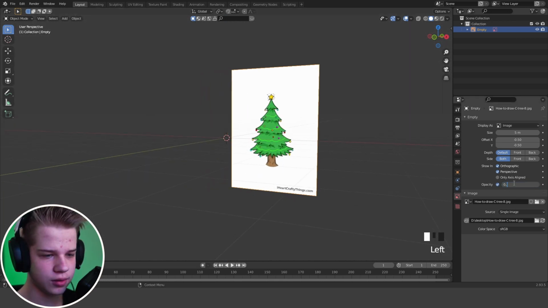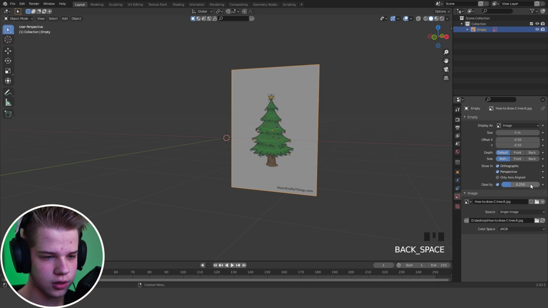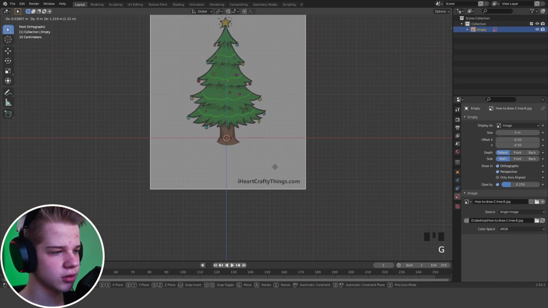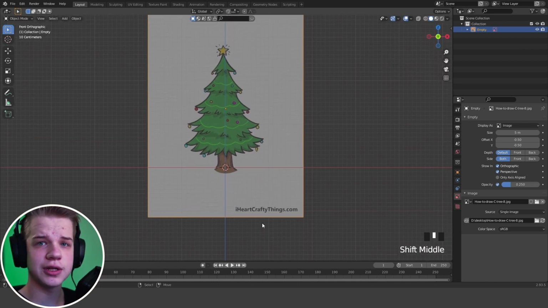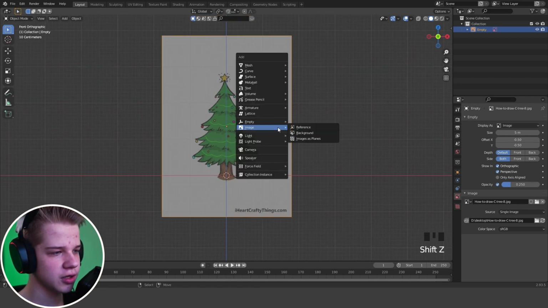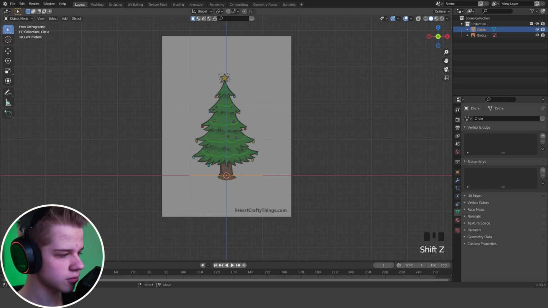Then I'm going to change the opacity to something lower. So you just click on this little image tab, opacity, and then change the number. Okay. So this is just a simple reference image, just to get a general idea of what I want to make. Okay. So then next up, you just go Shift A, mesh, circle,